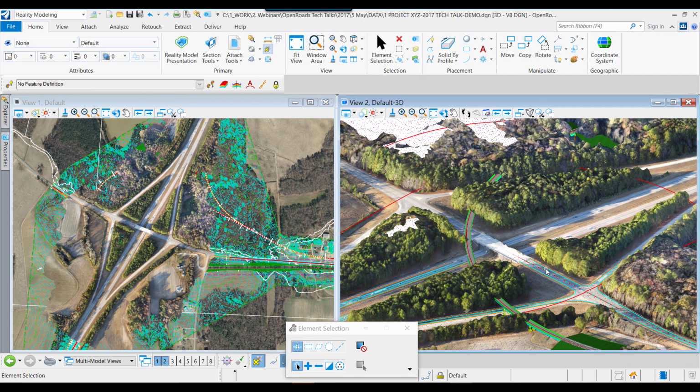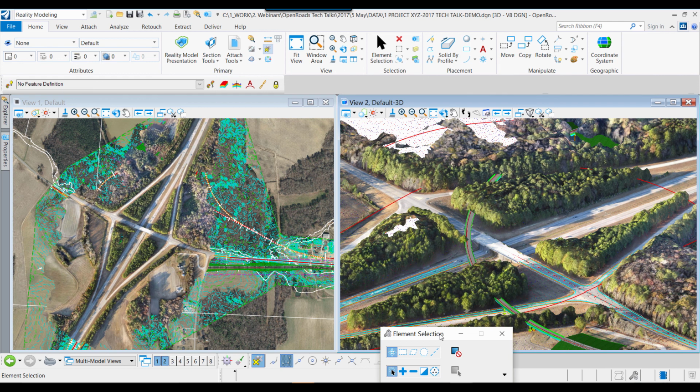And so we can see again specifically how our proposed design is going to interact with that mesh. Now that reality mesh again is output from Context Capture. It could have originated from multiple methods, but it was basically created from imagery. That imagery could have been collected from an airplane, from a drone. It could have been aerial imagery that was collected. Context Capture will create the same reality mesh from imagery from your cell phone as well. So you have the opportunity to utilize your cell phone or other methods to capture imagery and then create that reality mesh and utilize it